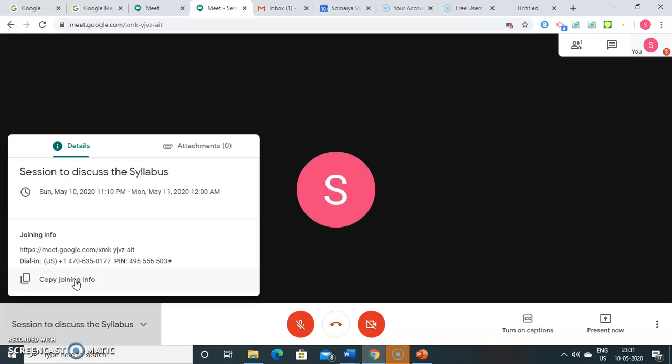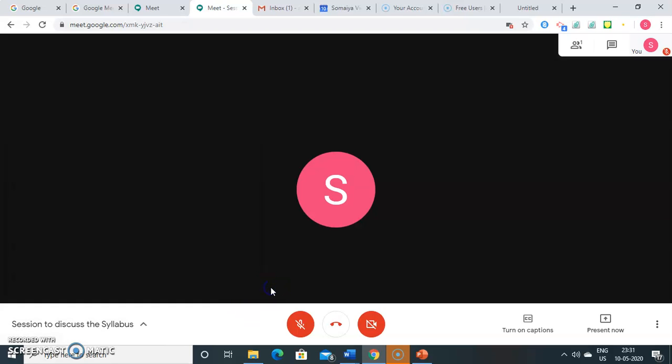When you copy and share, once you copy it, so now this has got copied. And now you can share this with the people, with your team, with your peers, with your colleagues, with whom you want to have a video conferencing. So this is one very simple way to send a link or send an invitation to the people. You have one more option. You can also invite them using the link and sending by mail.